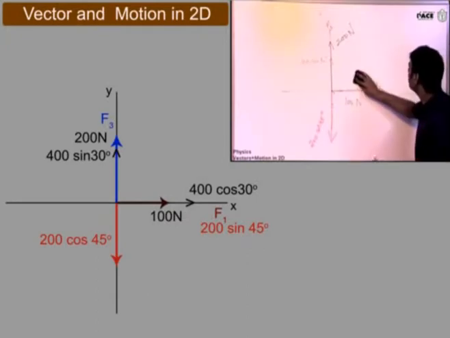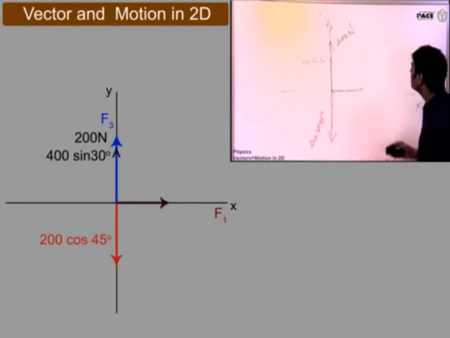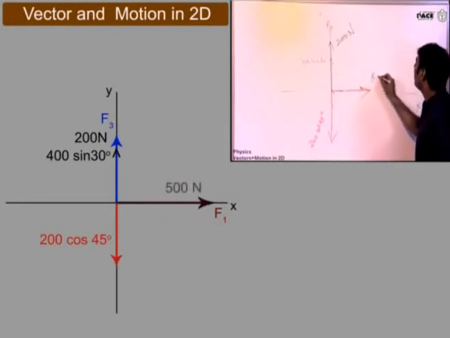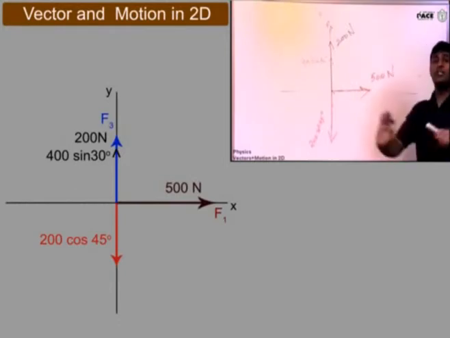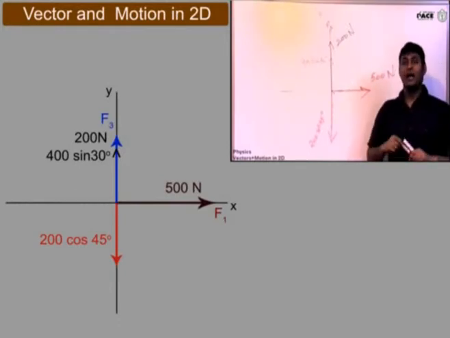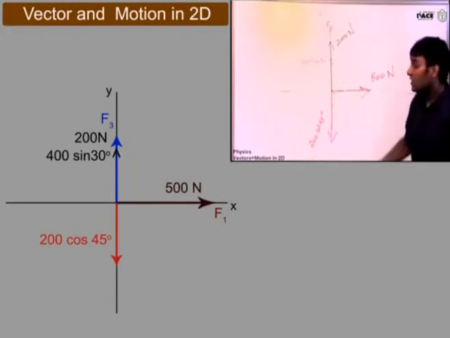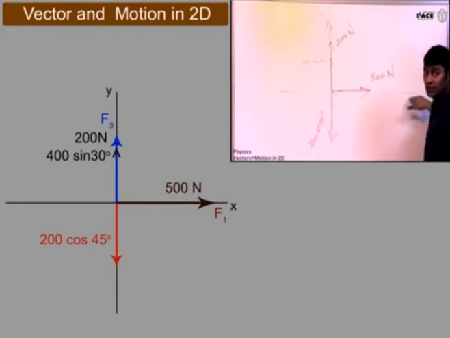But I am just making your life simpler. So on adding these three, I got in this direction the vector came out to be 500 Newton. Just hypothetically we are assuming. I am not too interested in going to decimal places and calculating. I just want you to understand the concept first. So on adding all these three, we got this.